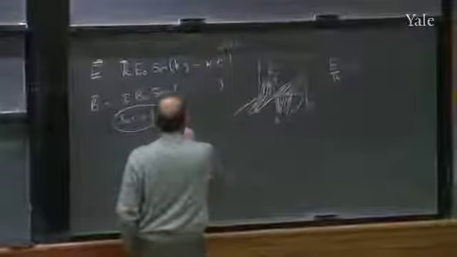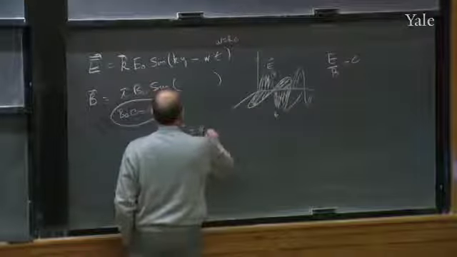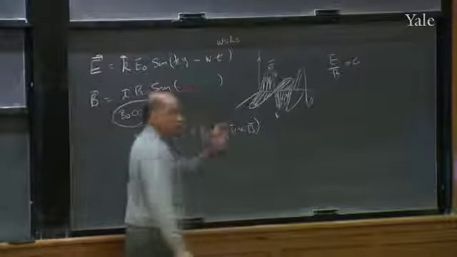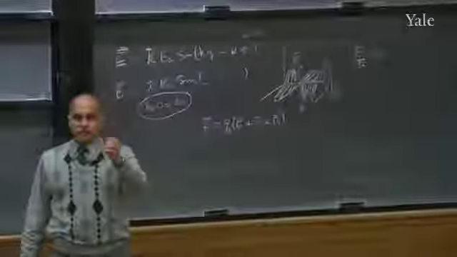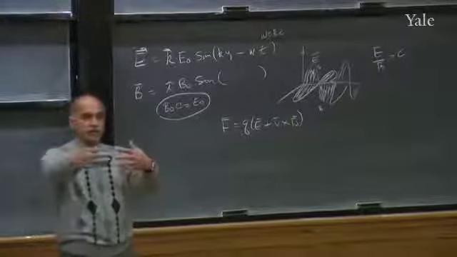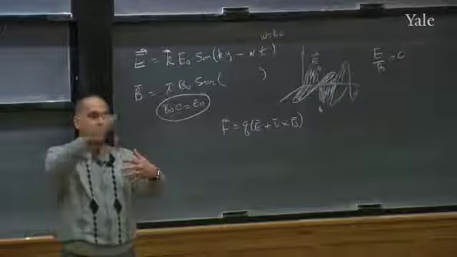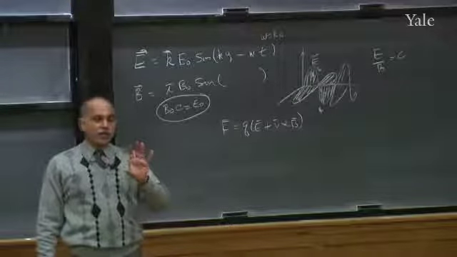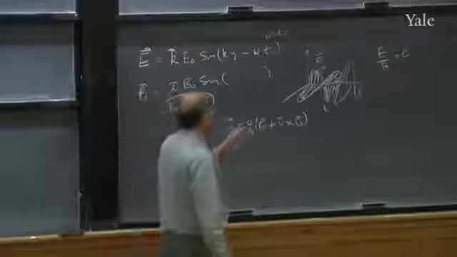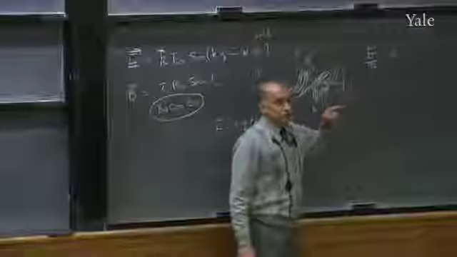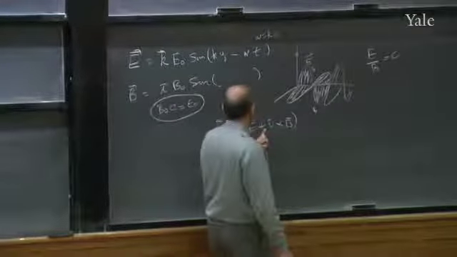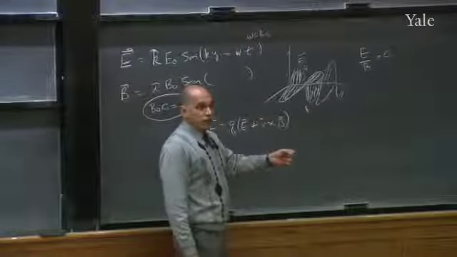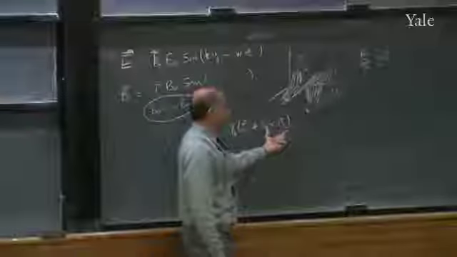This is interesting because if you took the force on a charge, you remember it's q times (E plus v cross B). That means if you took an electron and you left it in an electromagnetic field, the field comes and hits you. The E field is oscillating one way, the B field is oscillating perpendicularly, the wave is traveling in a direction perpendicular to both. If you want, it's in the direction of E cross B, is the direction of propagation of the wave. If it hits an electron there, the oscillating up and down electric field will make the electron move up and down. It will also be feeling a magnetic force, v cross B.